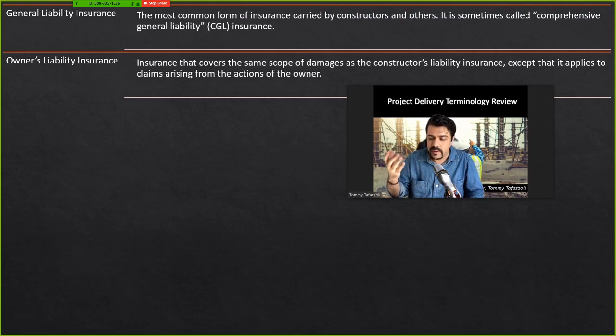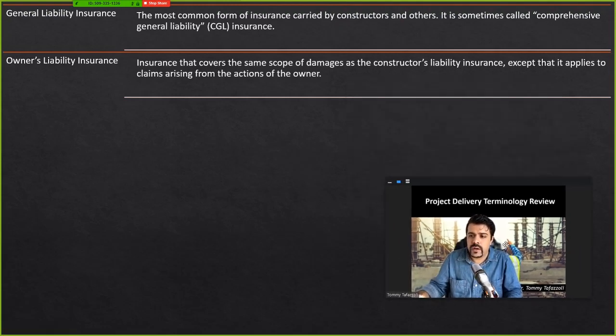If they go to the lawyer, they say just sue them all, and then the liability that the owner uses should be different from the liability that the contractor uses. So it means the owner could also be identified as responsible because of the injury that has happened. So the owner has to rely on some kind of insurance to protect themselves on such occasions. That's why they go for owner's liability insurance.